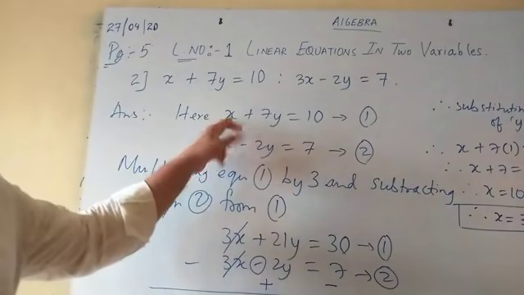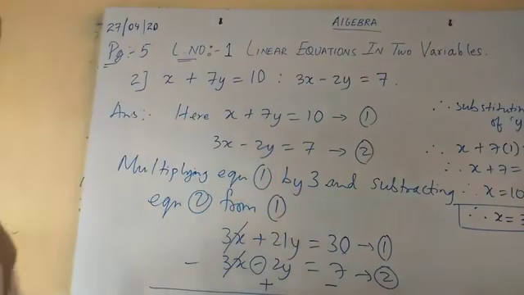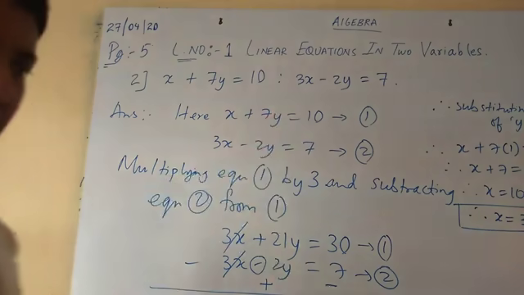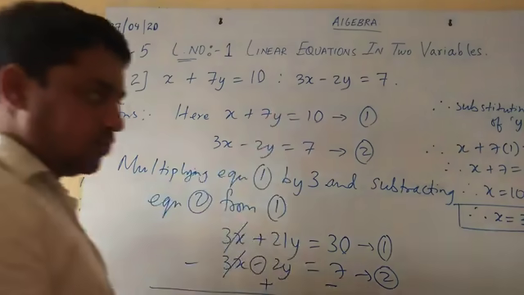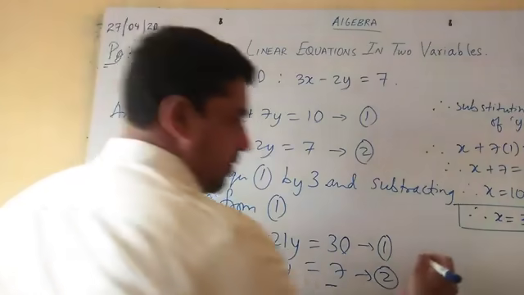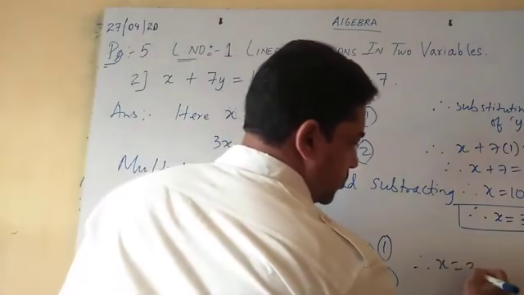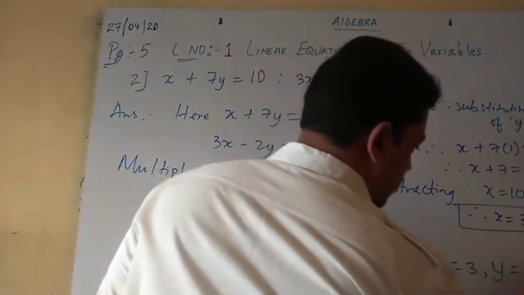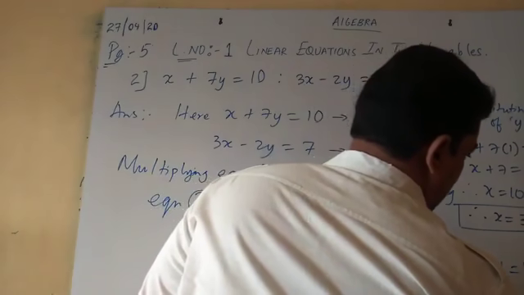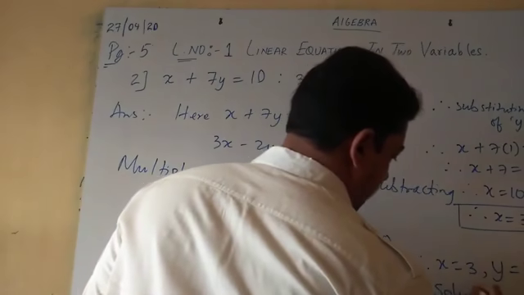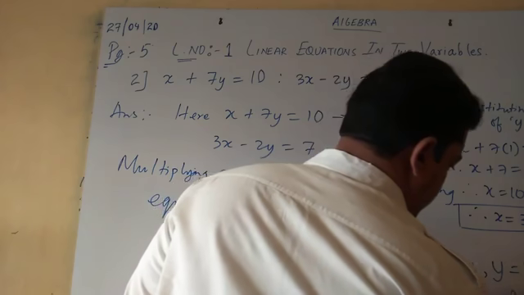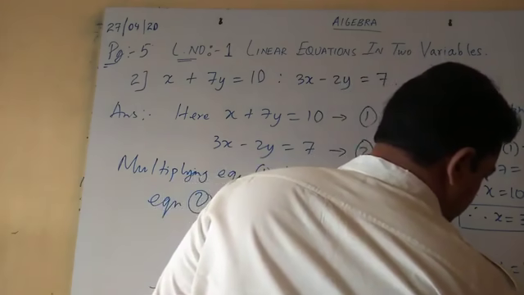Is it clear? Yes. You can just write it down till I write the solution. Okay, just go through this sum again, and if you have your notebook, you can write it down so that later on you can revise. Therefore, x is equal to 3, y is equal to 1 is the solution of the equation.